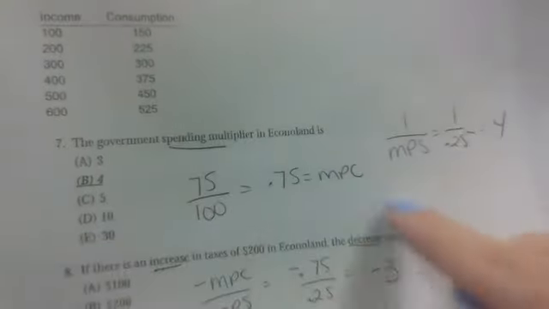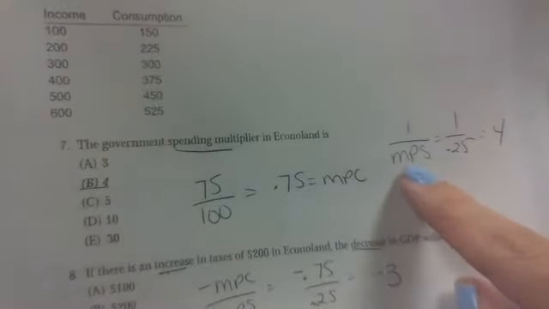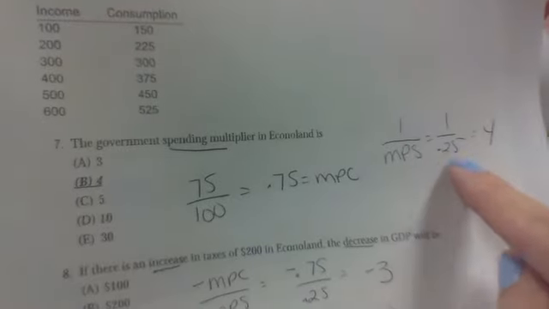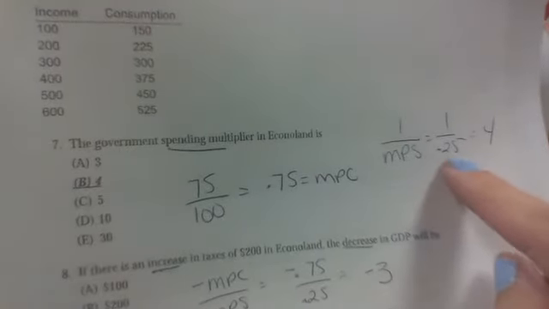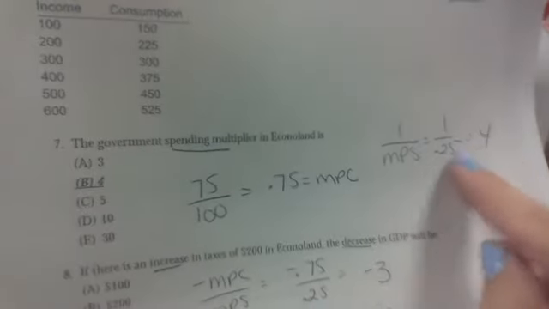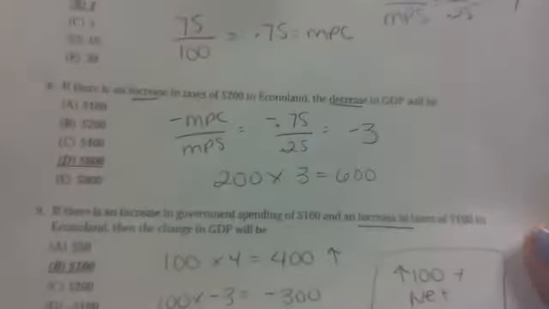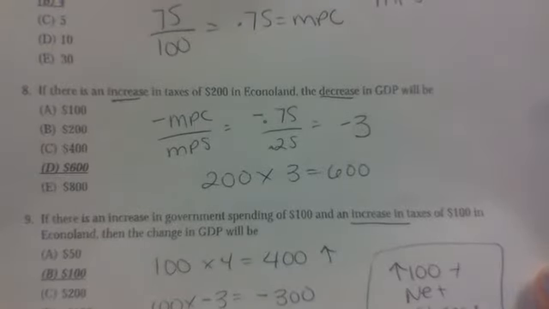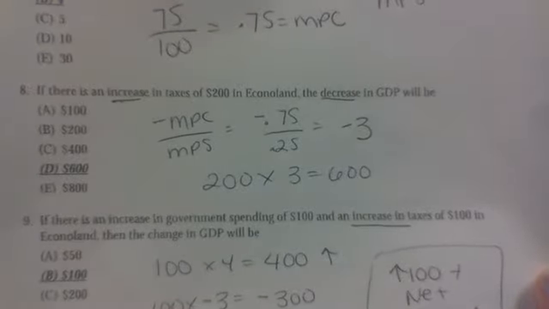The spending multiplier is 1 over MPS. So if MPC is 0.75, MPS is going to be 0.25. 1 over 0.25 is equal to 4. Once again, I think of this as how many quarters are in a dollar. 4. Number 8. If there is an increase in taxes of $200 in Ecoland, the decrease in GDP will be,